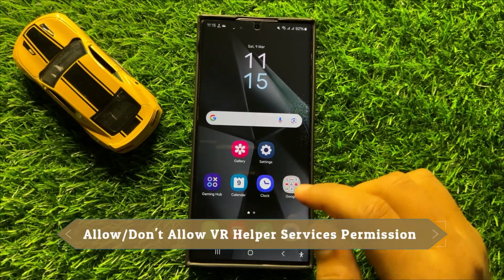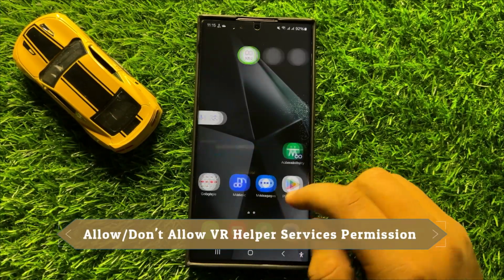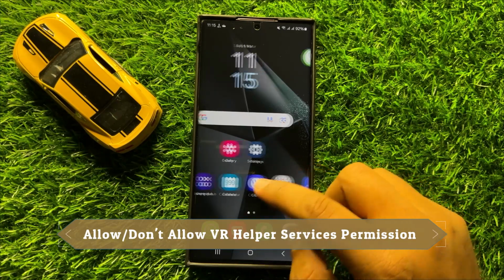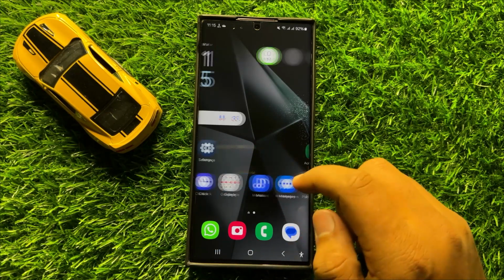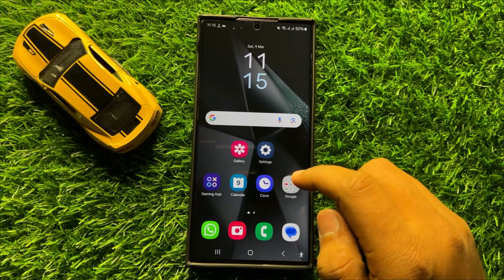Hello everyone, in this video I will show you how to allow or don't allow VR helper services permission in